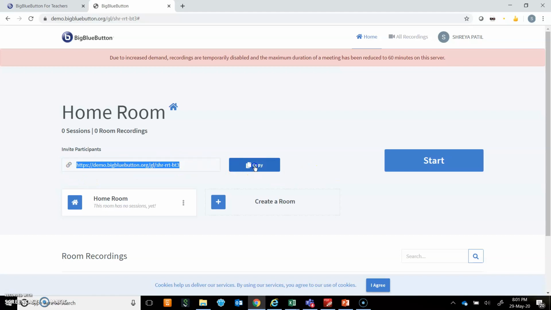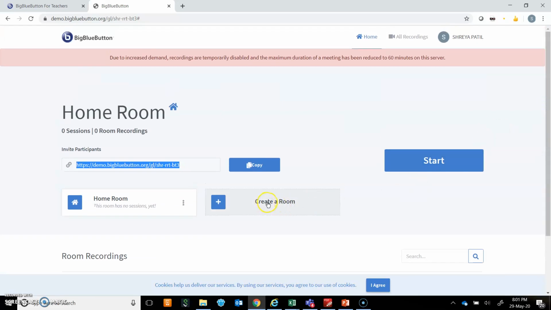So if I click on copy, the link gets copied to my clipboard and I can paste it to my mail or my chat box, etc. and I can share it with others. Then I can click on start and this will begin the session.